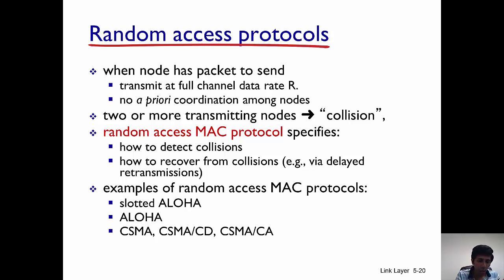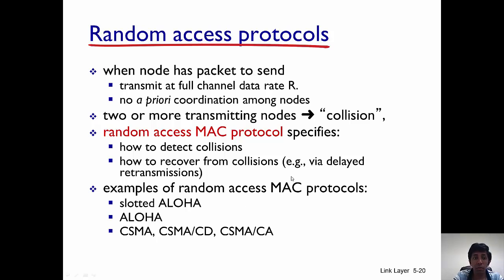Now, with this brief understanding of what random access MAC protocols do, we'll look at 3 examples: Aloha, Slotted Aloha, and CSMA/CD. Now, you could have already realized that if 2 users are just deciding among themselves as to when they want to transmit, it's likely that they could start transmitting at the same time, and hence there can be collisions. In an FDMA or a TDMA, we avoided that collision by making sure that nodes are given specific slots at which they could transmit, which is not the case in random access protocols, where they randomly decide when they have to transmit.